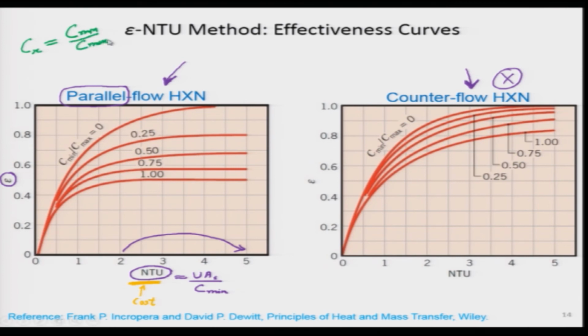Okay. So, let us look at the first curve, this first red one which I will highlight as green color over here. What does C min is equal to C max mean? That C min is equals to C max. Then we are on this particular curve because capital CR value is 1. What it means physically is that the heat capacity rates of both fluids are similar.